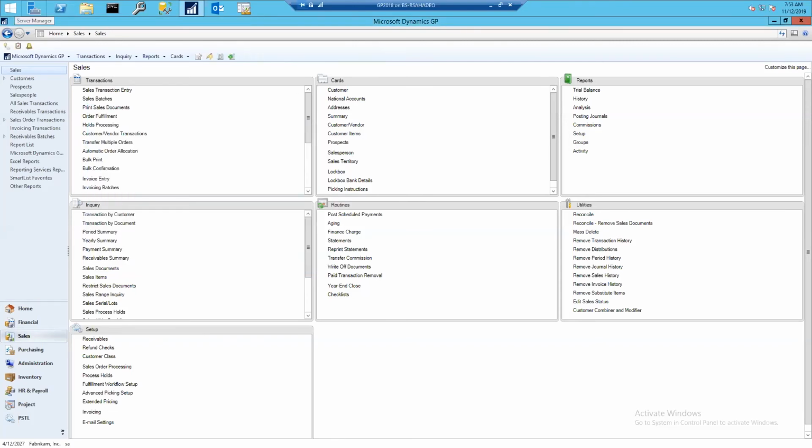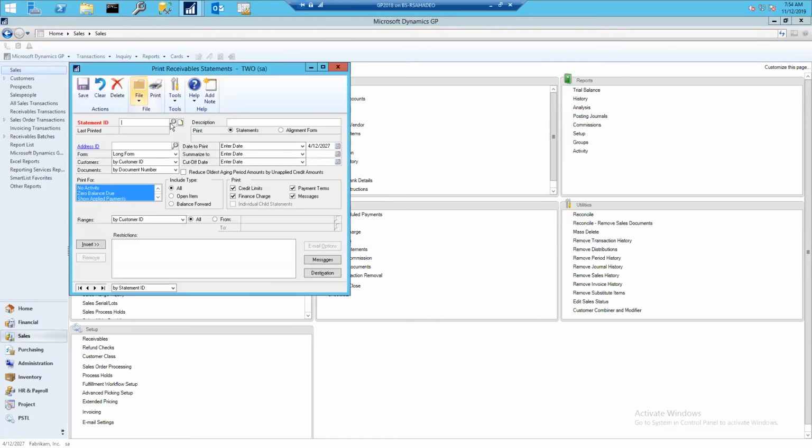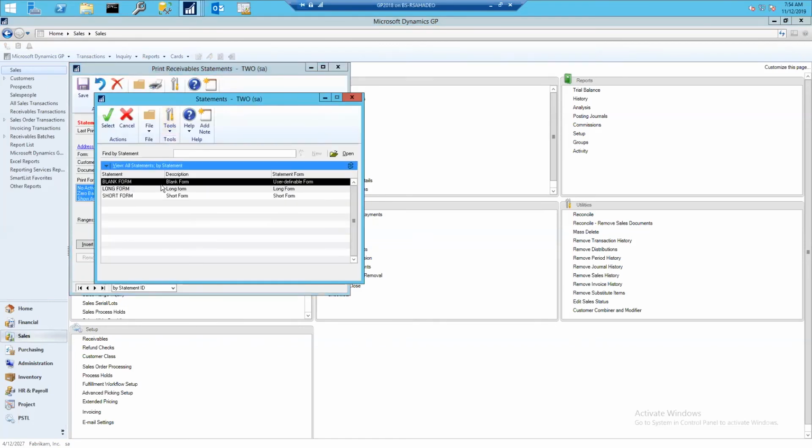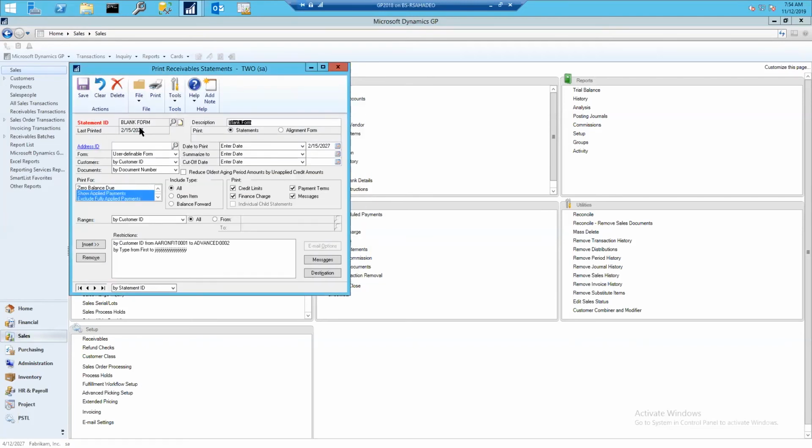Okay. And then finally, once you have run those processes at month end, you would want to run your statements and send your statements to customers. So let's look at the blank form, which is using a user-defined form. And of course, here you have your different parameters that you can apply to a statement. And I'm going to print